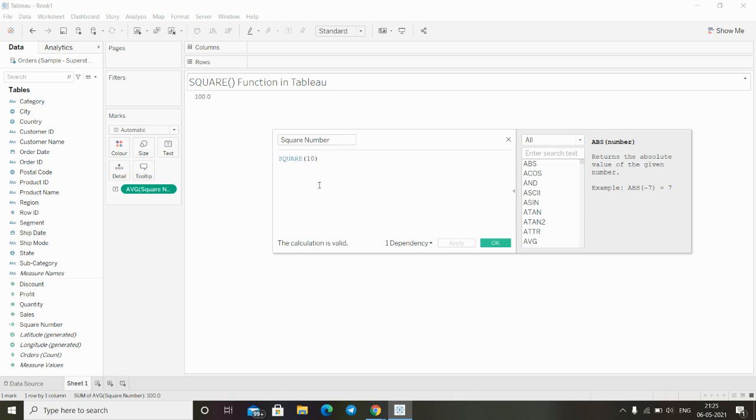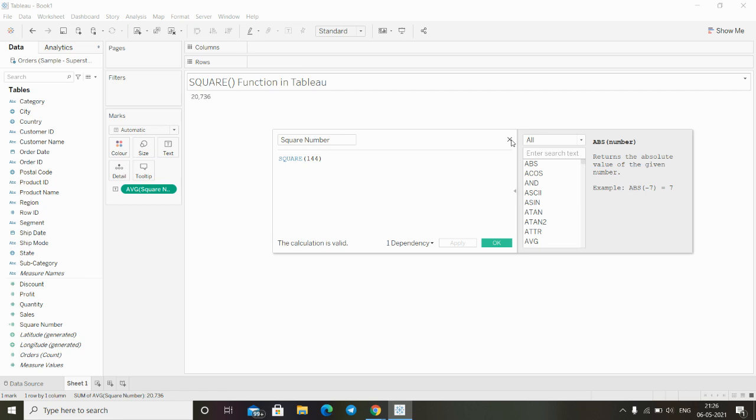square of 10. And if you want to change the number, something like if you want to do the triple digit number instead of two digit number, so here I use 144. If I click on this apply, so now we can see here it is showing the 20,736, which is the square of 144. So this is basically help us to find the square of any number, any integer number, and